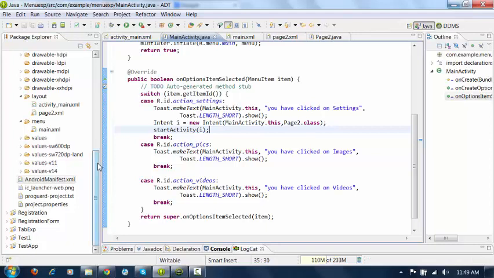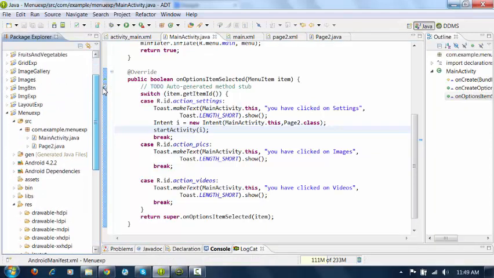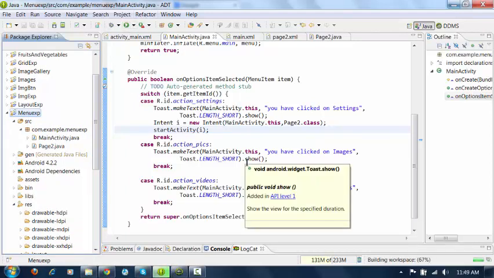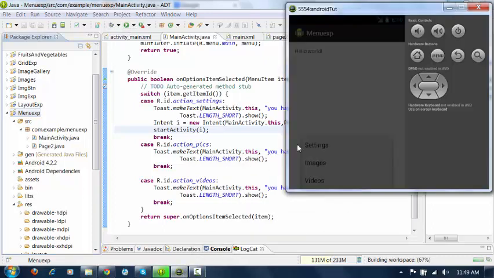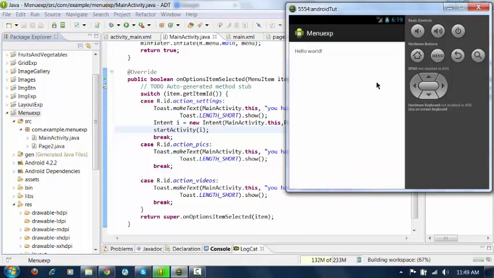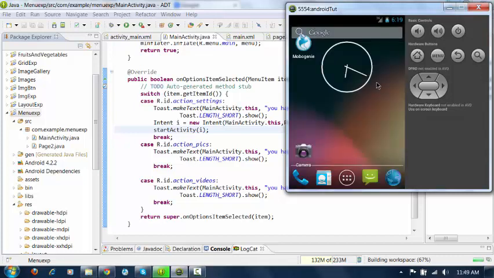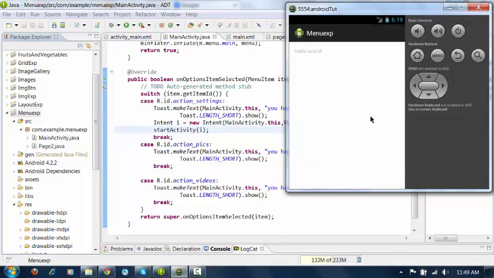Now try to execute the application. Select the application and run it. Okay, click on the menu button here and click on settings.